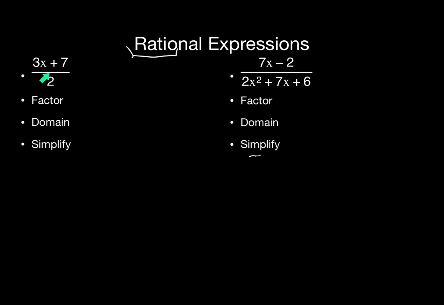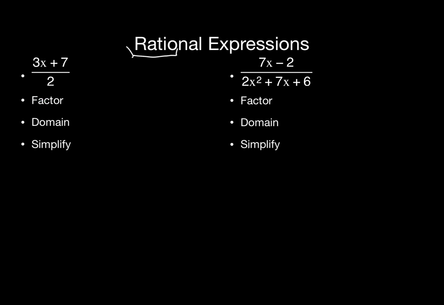And then in the numerator, we have a binomial, 2 terms. Here we have a binomial, and in the denominator we have a quadratic. But when we're dealing with rational expressions, just like this, and we're simplifying and things along those lines, the first thing we're going to do is factor. Why do we factor? Because later we want to simplify. And factoring, which is what we just did the last chapter, basically. Chapter 5 was a lot on